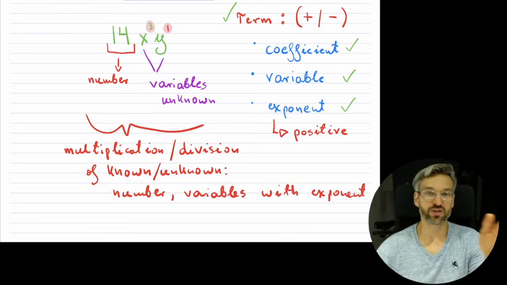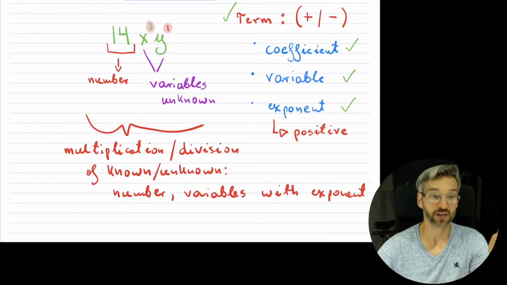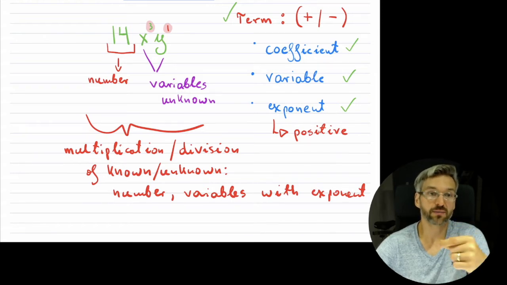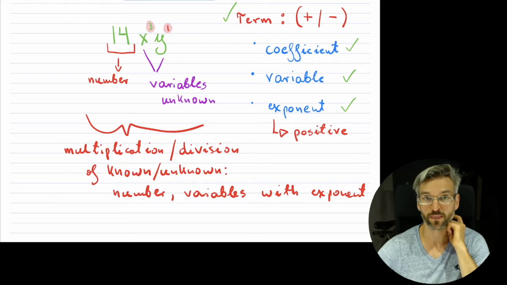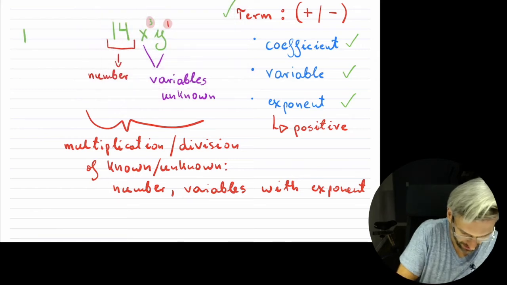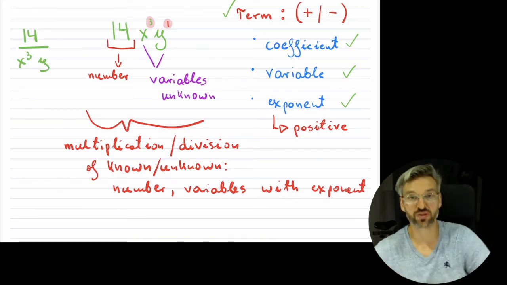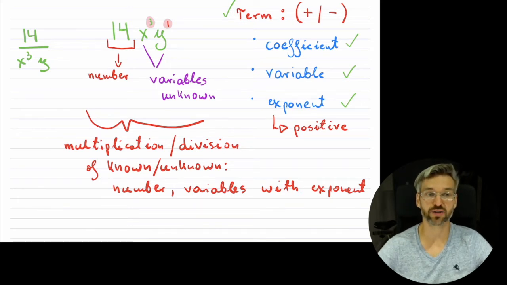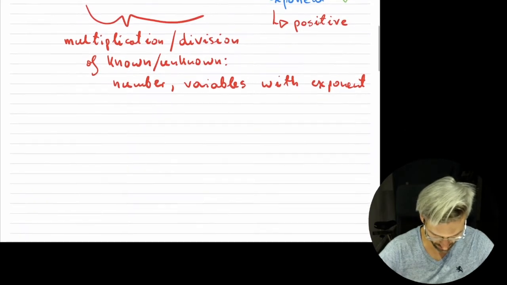So it's just a multiplication. So really what this term is, it's 14 times x cubed times y to the 1. But we don't write the multiplication signs in there. Now, because we can also have division, we could have even written it like this. And this would still be a term. So a term is always just simply multiplications and divisions that we have between these knowns and unknowns, numbers, variables with exponents. So let's take a look at some possible terms before we start diving in and talking about